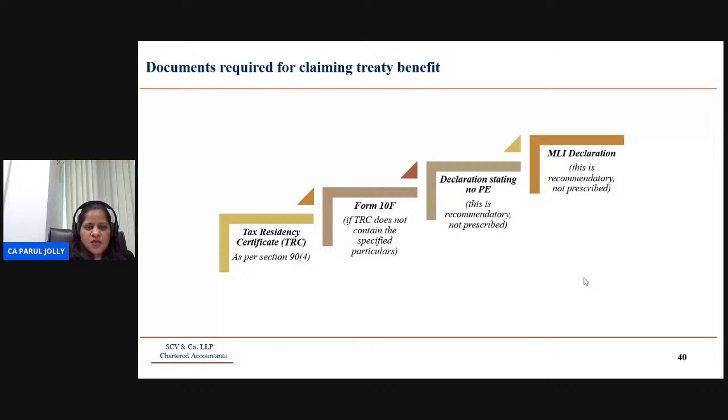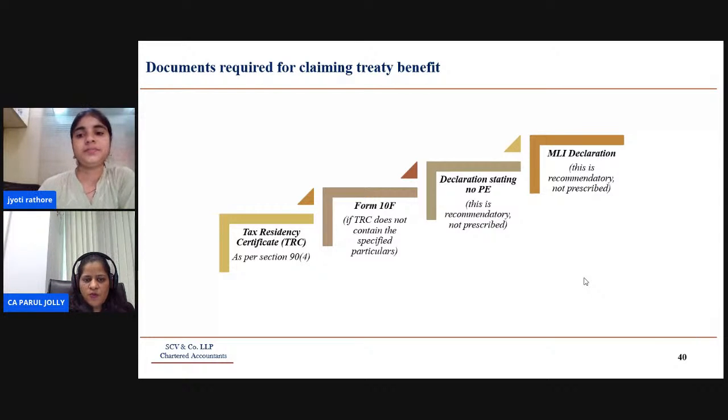Other than TRC, Section 90, subsection 4 also provides that in addition to the TRC, there are certain documents, the prescribed information, which has to be obtained. The information is to be obtained in Form 10F. So if TRC does not contain the specified particulars, then only we will have to obtain Form 10F. So whenever we issue a 15CB or we make a PIM as a consultant, when we issue a certificate for